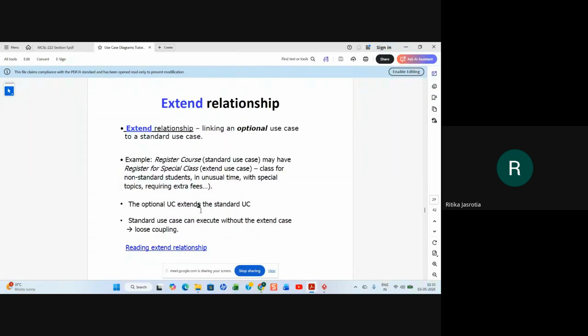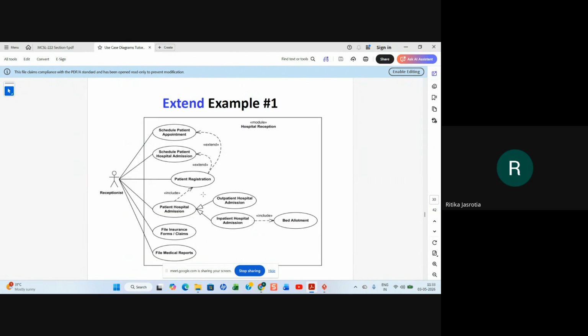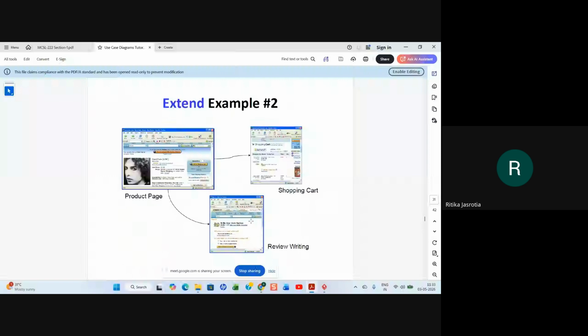So the standard use case can execute without the extend case also. Like here, patient registration will extend to scheduled patient hospital admission or scheduled patient appointment. This kind of a thing. And inpatient hospital admission, these are the two extends they have given, right?